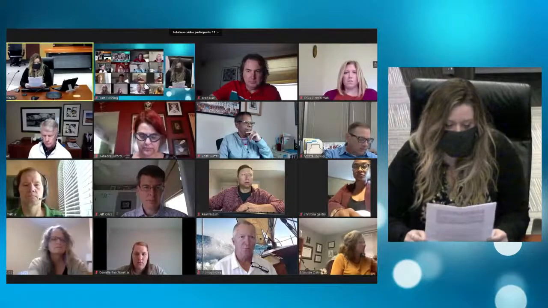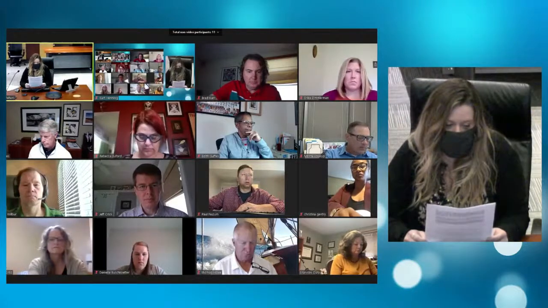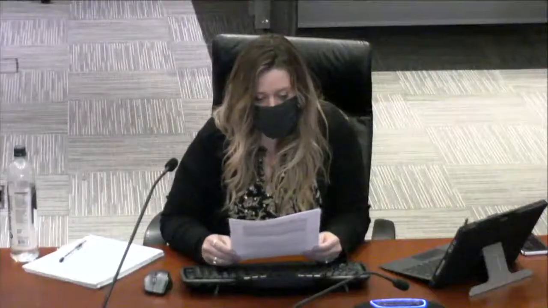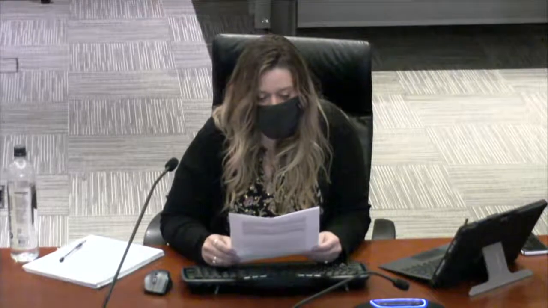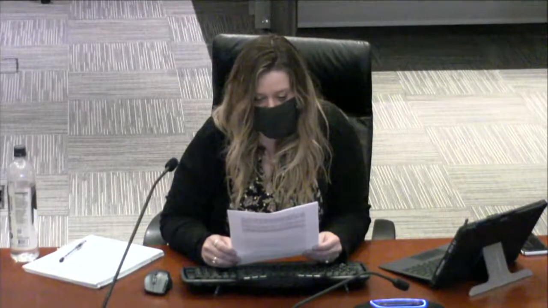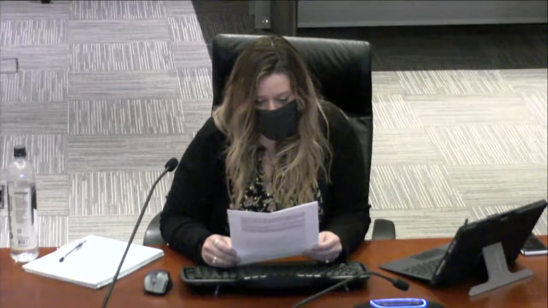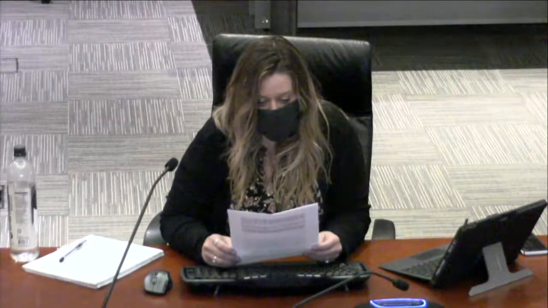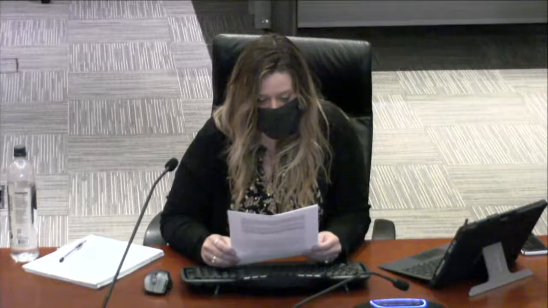For public comment on individual agenda items, this is the procedure. The chair will open the item for public comment. Participants will raise their hand virtually or physically, and the host will call on those individuals in the order they appear on the host screen.